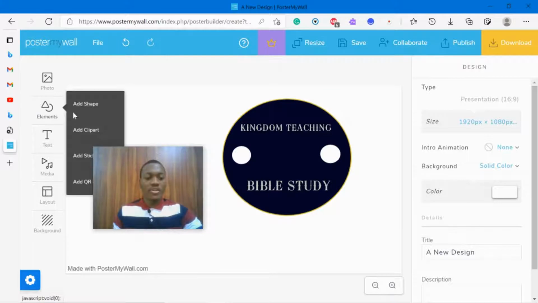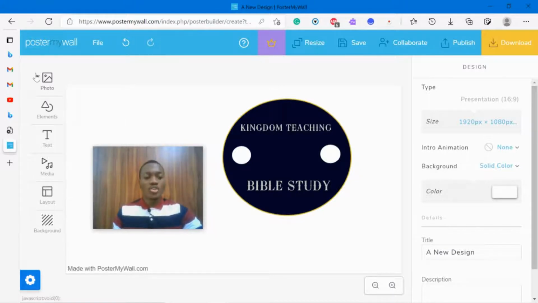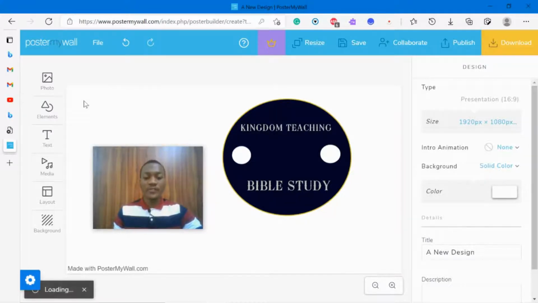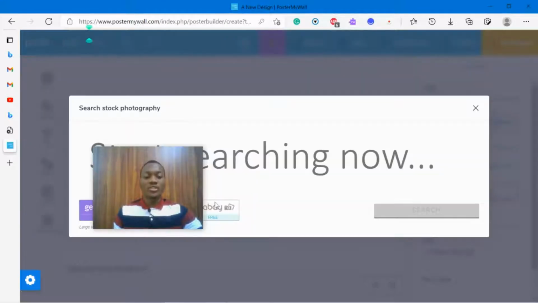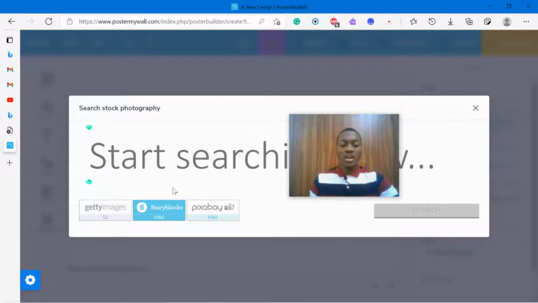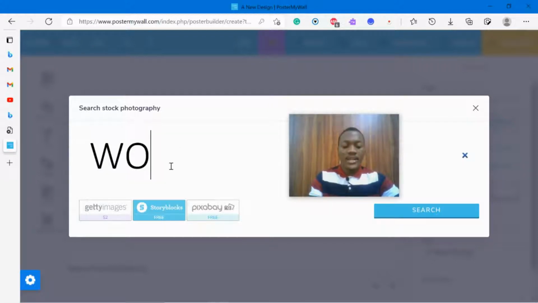doves, and now we go back to our clip art and what we want to add to it. Well, today we're not going to add a clip art. We want something different, so we go to our photo features and then we add stock photos. From the stock photos we can see we have Getty Images, Storyblocks, and Pixabay free. These are free ones, so we click on Storyblocks and we type in woman